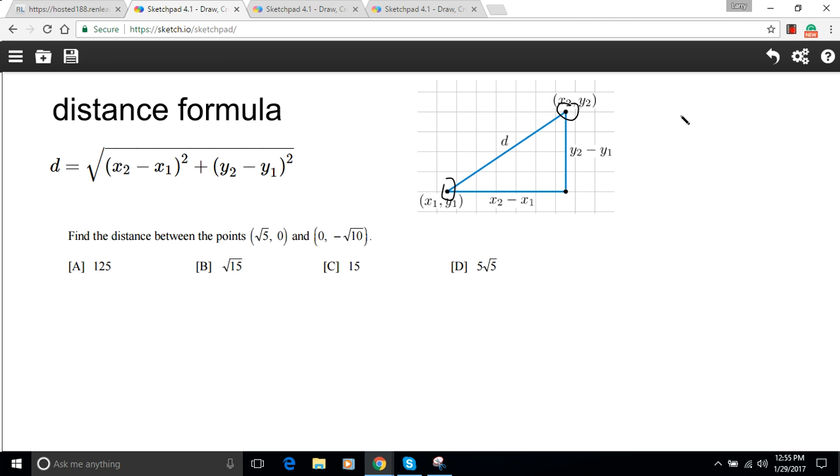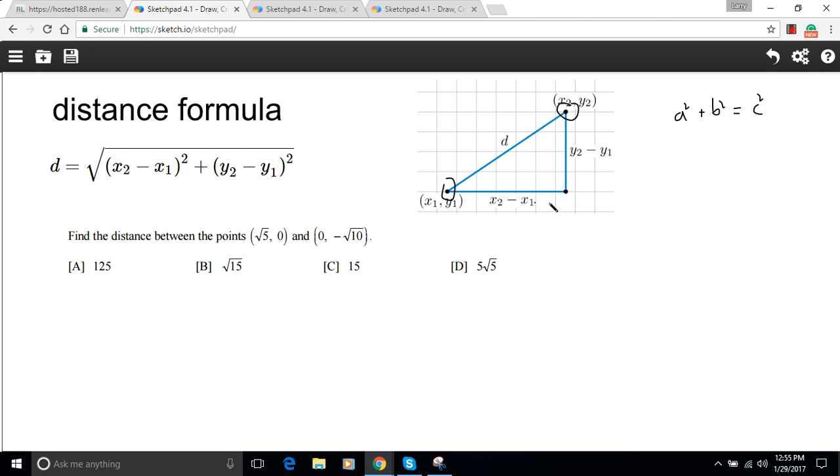theorem. Remember, the Pythagorean theorem applies to right triangles, and it says that if you square one of the shorter sides and add it to the square of the other shorter side, that would equal the hypotenuse squared. So if you know a couple of sides in a right triangle, you can always figure out the length of the third one. Well, in this situation where we have 2 points and we draw a diagonal between them, we